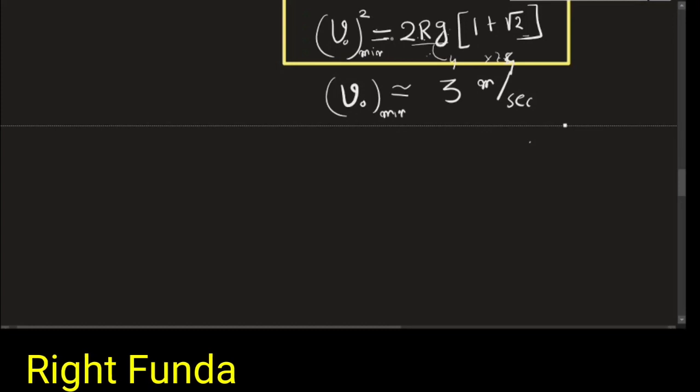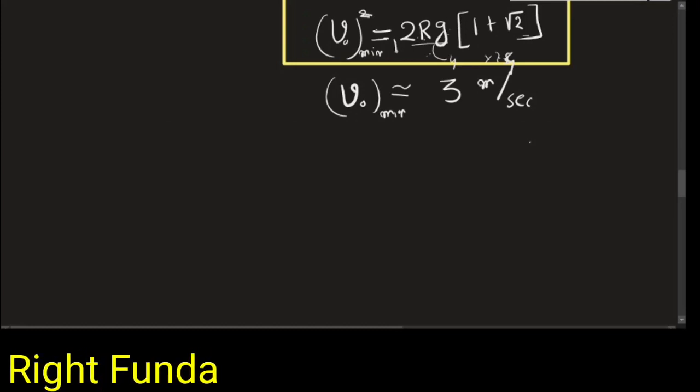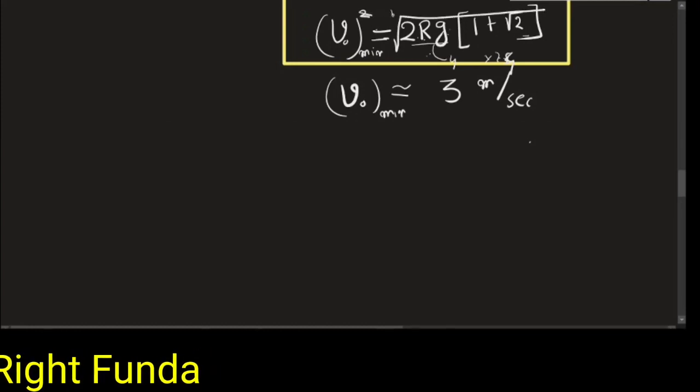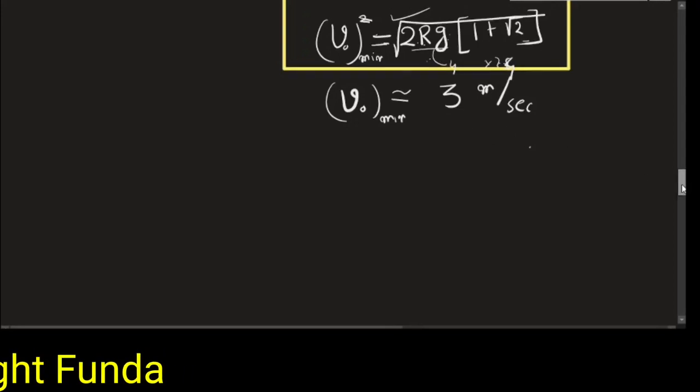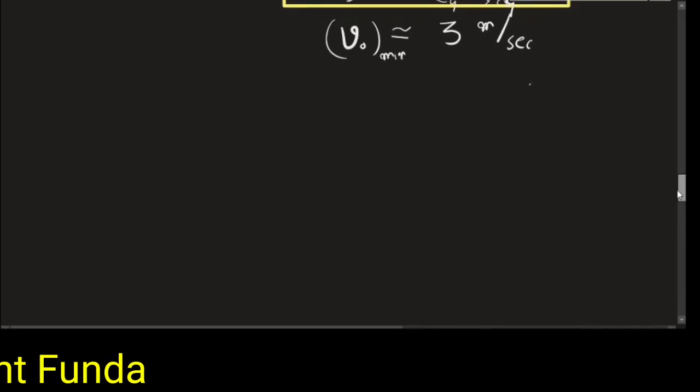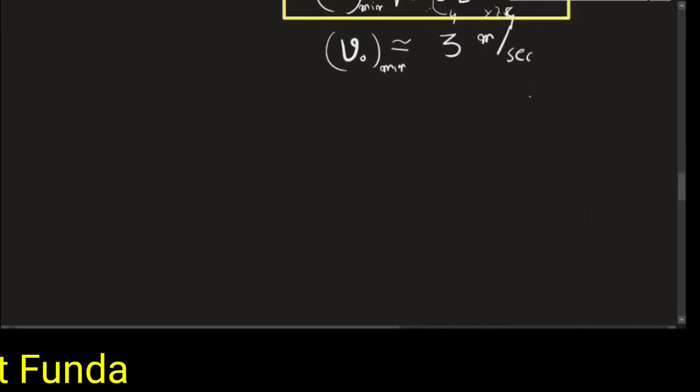Remember this one, this V minimum should be equal to the square root of this value. This is the minimum speed with which it should be projected so that it will be able to just cross this cylinder. So we got the speed, the minimum speed we obtain. Okay. So now I will tell you two things. We got the answers, but we'll be expanding the question also. We'll be finding some more things out also.